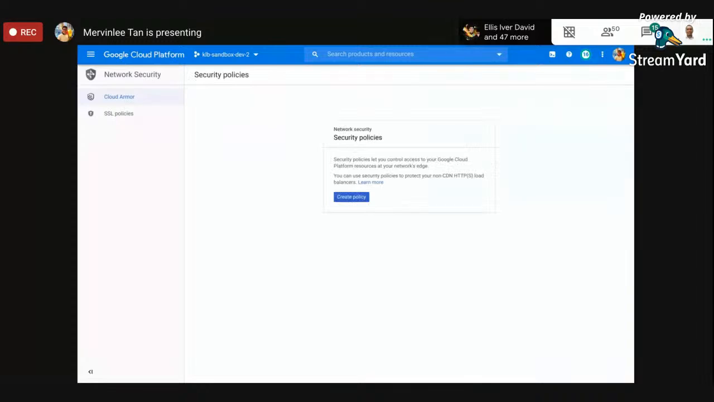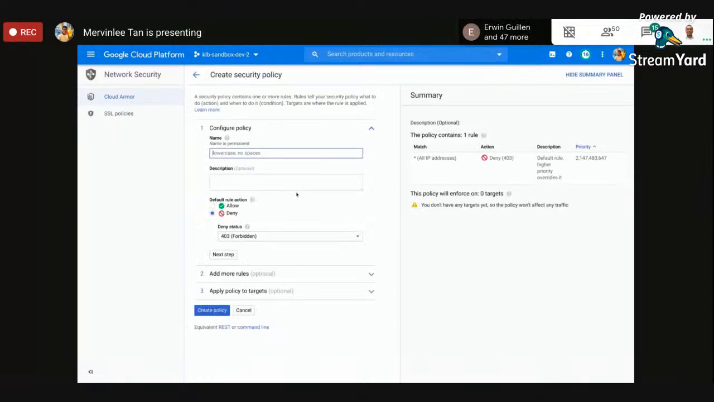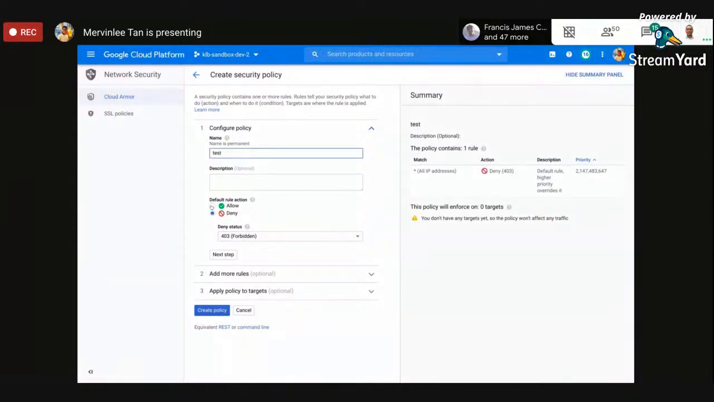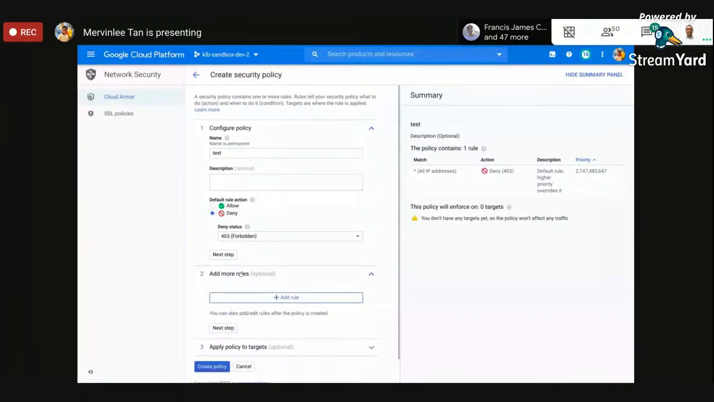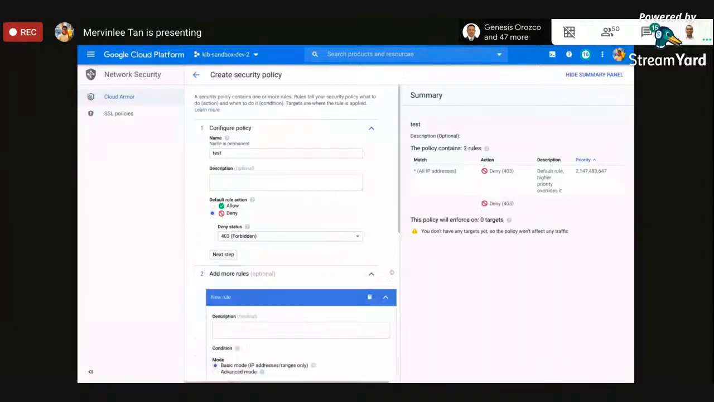So let's say you want to create a WAF, you enable anti-cross-site scripting, etc. So dito mo siya nilalagay. So test, tapos i-deny ko, forbidden. More rules, ito default allow. More rules, dito,